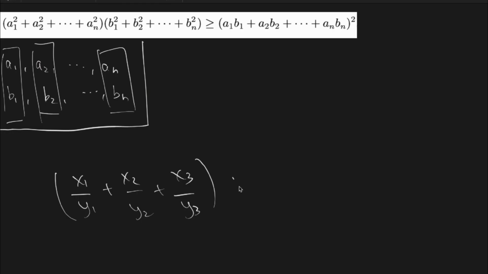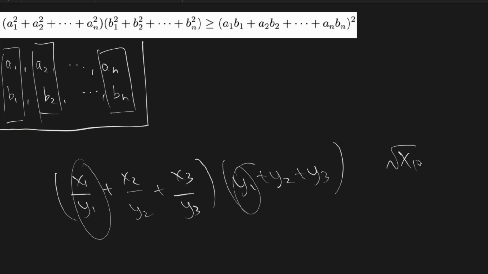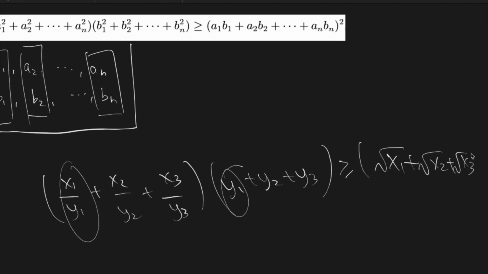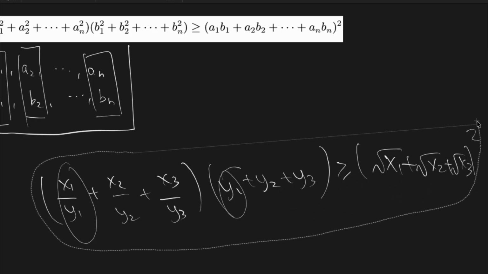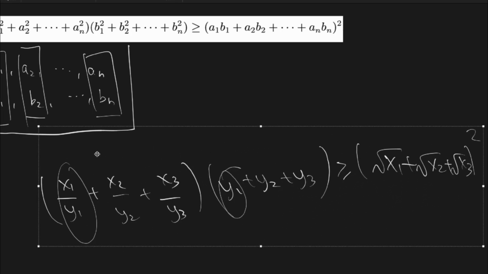Then I can use the AM-GM, or rather the Cauchy-Schwarz inequality. For example, if I were to multiply by y1 plus y2 plus y3, we can use Cauchy-Schwarz to multiply these two together, so we get x1 over y1, plus x2 over y2, plus x3 over y3. This is greater than or equal to this thing squared by the Cauchy-Schwarz inequality. We won't go through much of the applications, but I just want to make a point that the Cauchy-Schwarz inequality is indeed very